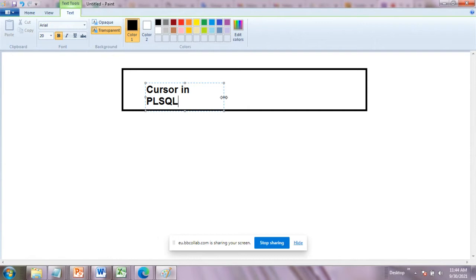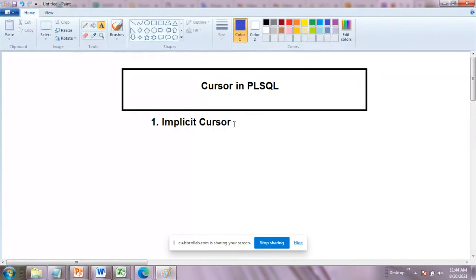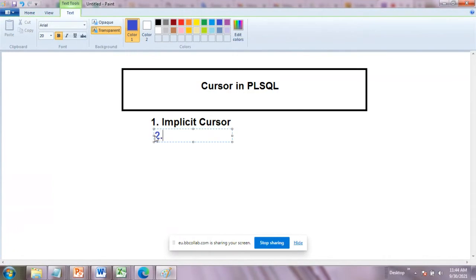Cursor in PL/SQL. As I already discussed, there are two types of cursor you can find: first, implicit cursor, and second, explicit cursor.